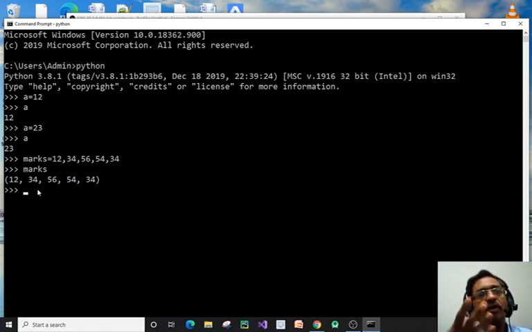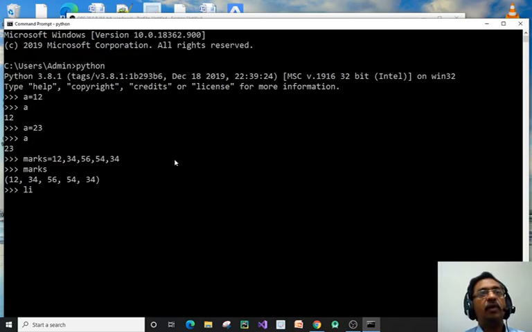We have array also, but array is difficult to handle right now. When we come across numpy and all, at that time we will discuss the array. So right now we can easily store multiple values with the help of list, set, and tuple. No doubt there are differences, and that also we will discuss today only. So first of all we will consider list.